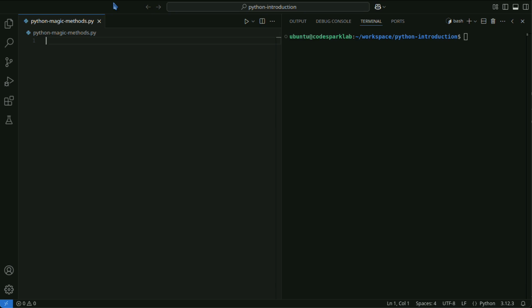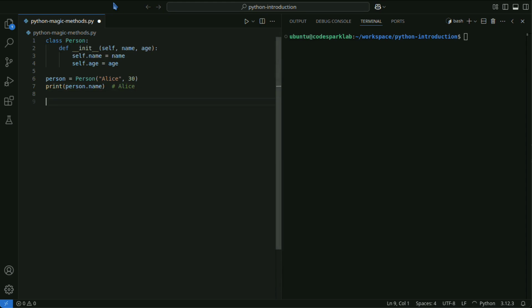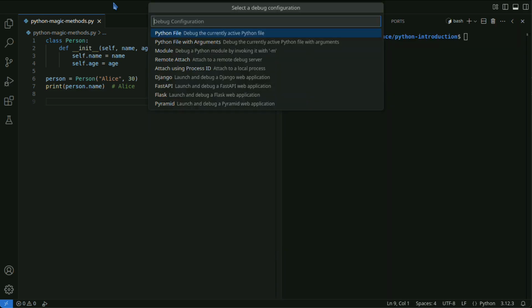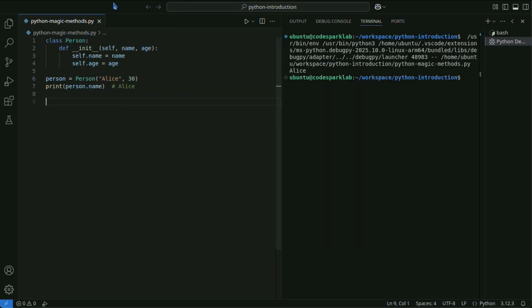The __init__ method is a constructor automatically called when an instance is created. The __str__ method returns a human-readable string representation.